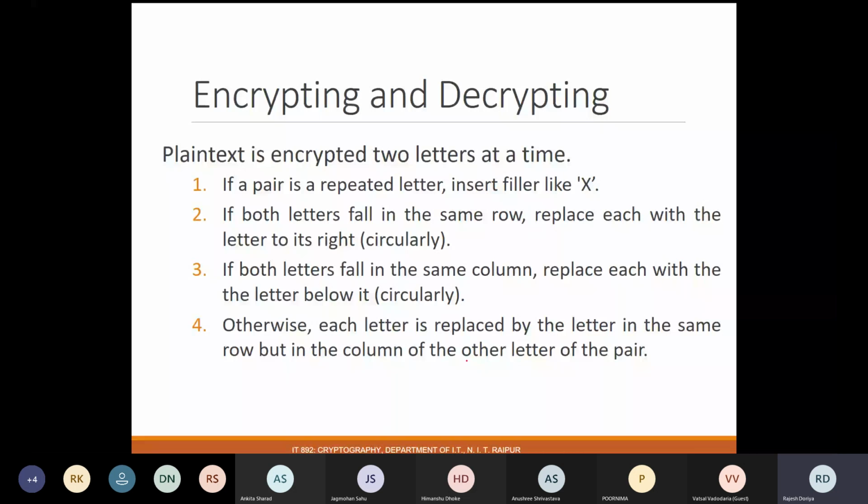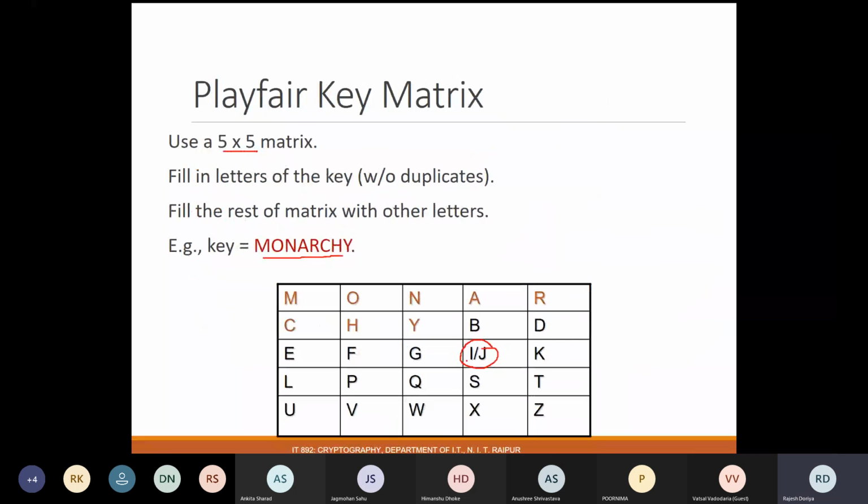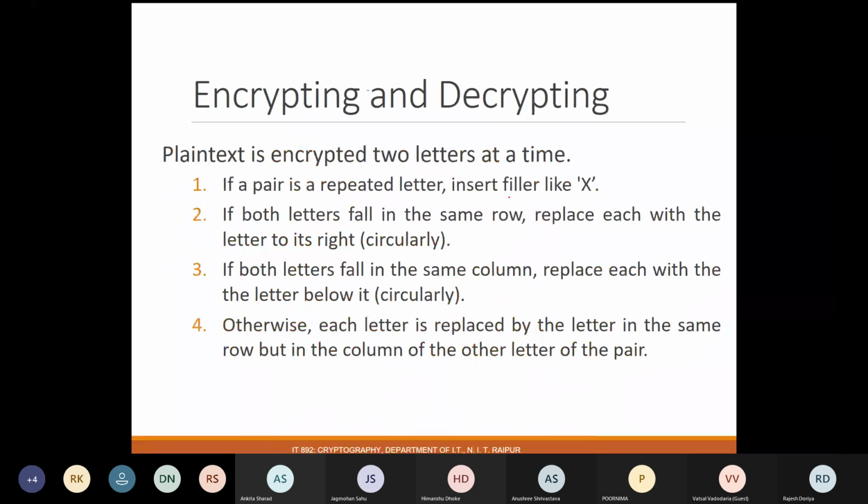And this is the rule for this Playfair cipher. If a pair is repeated later, insert filler like X. Then in the second one, if both letters fall in the same row, replace each with the letter to its right. In the third rule, if both letters fall in the same column, then replace each with the letter below it. Otherwise, each letter is replaced by the letter in the same row but in the column of the other letter